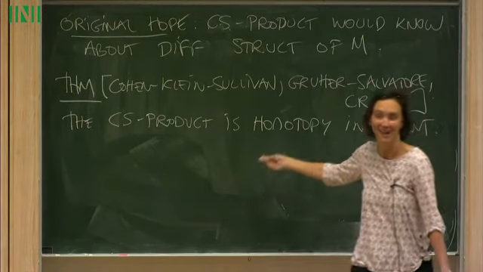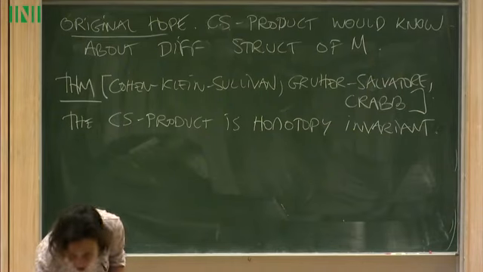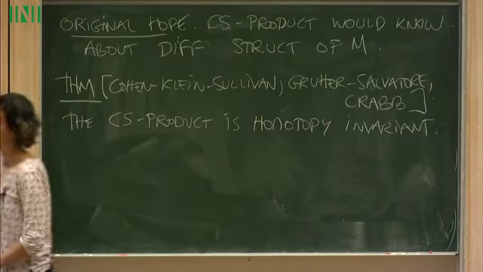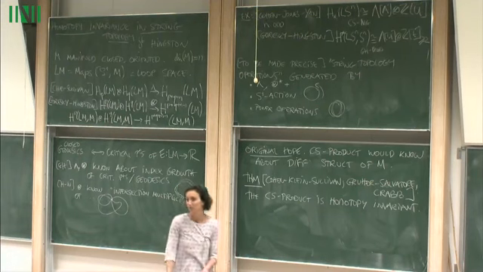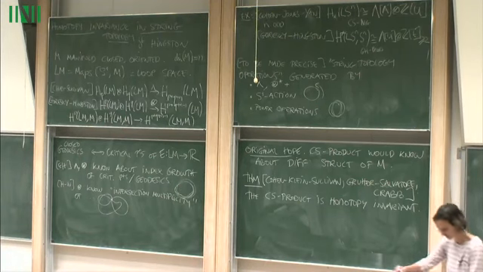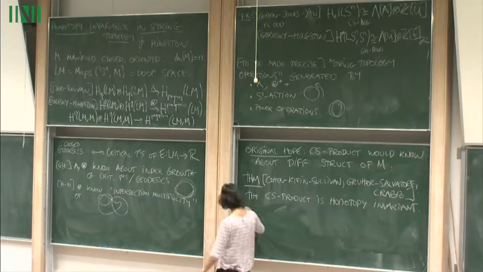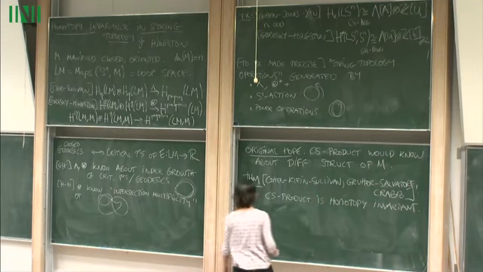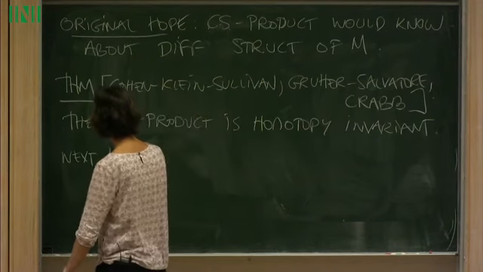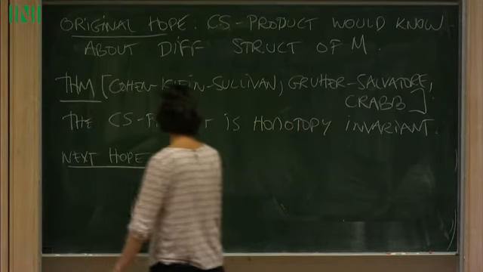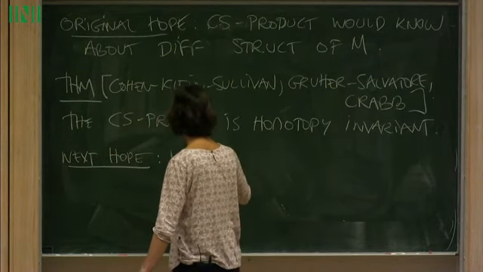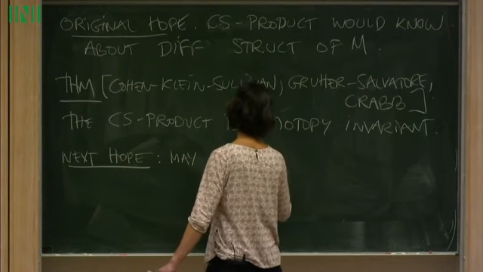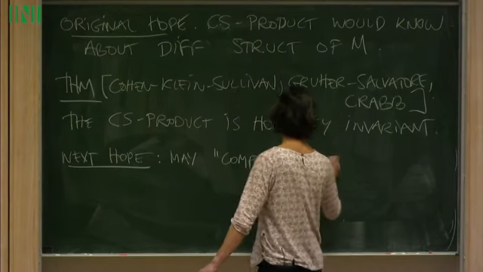Is it a sad thing that it's homotopy invariant? I don't know. Maybe it's not a sad thing, because whenever you find out something that these products or coproducts detect, it just means these things are homotopy invariant, which is a feature. Okay, so we won't be too sad, but some people were sad, and so there was a next hope after the first hope, which was maybe so-called compactified string topology